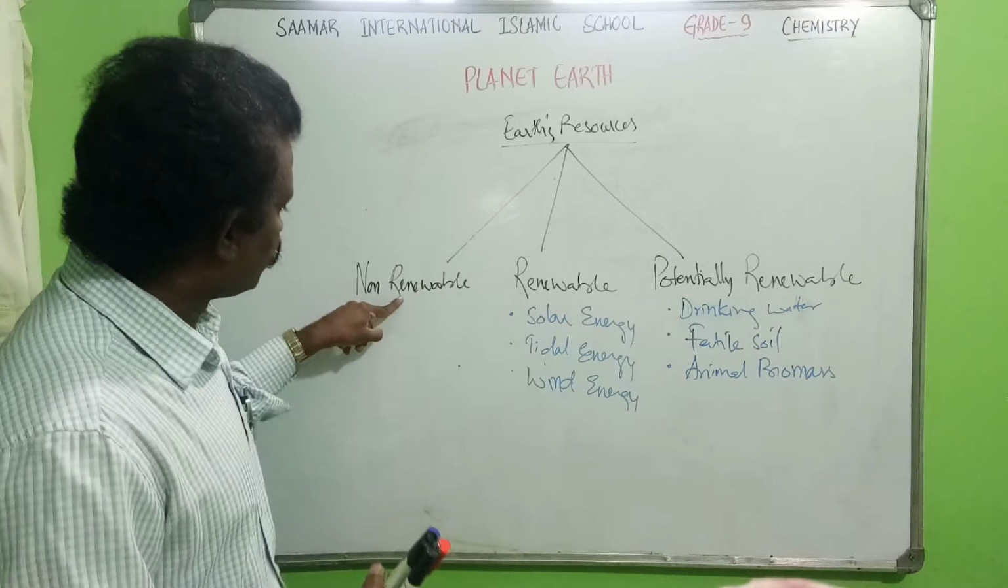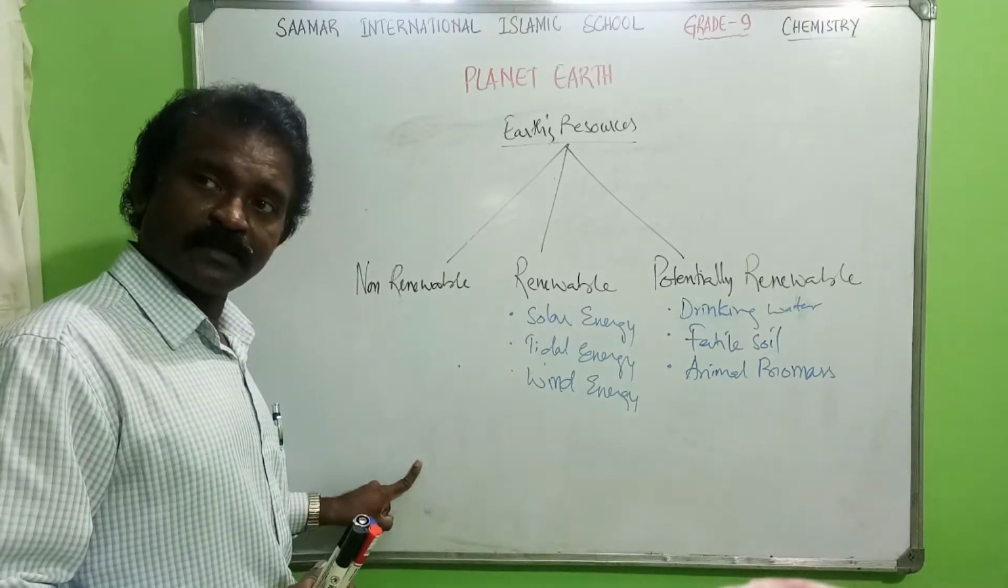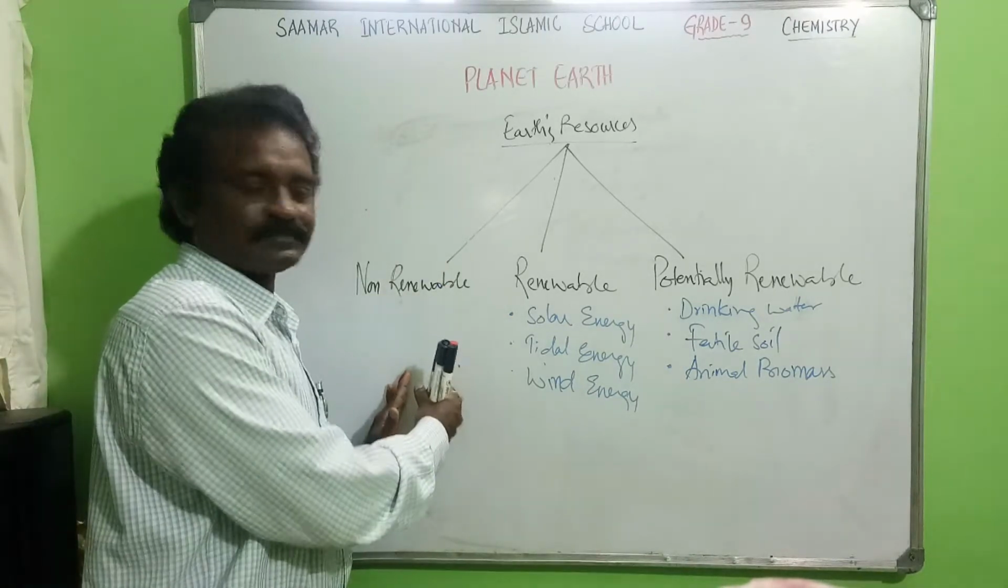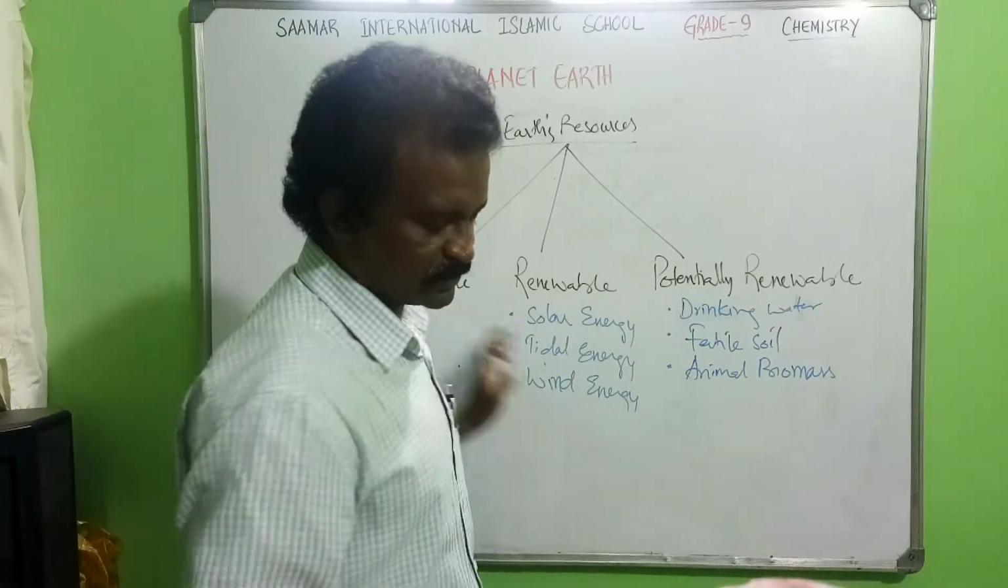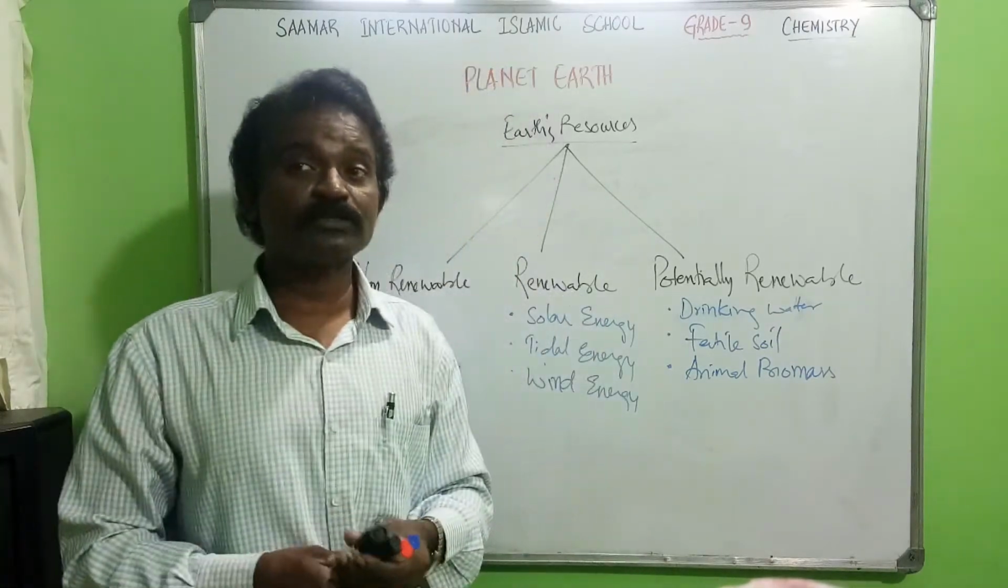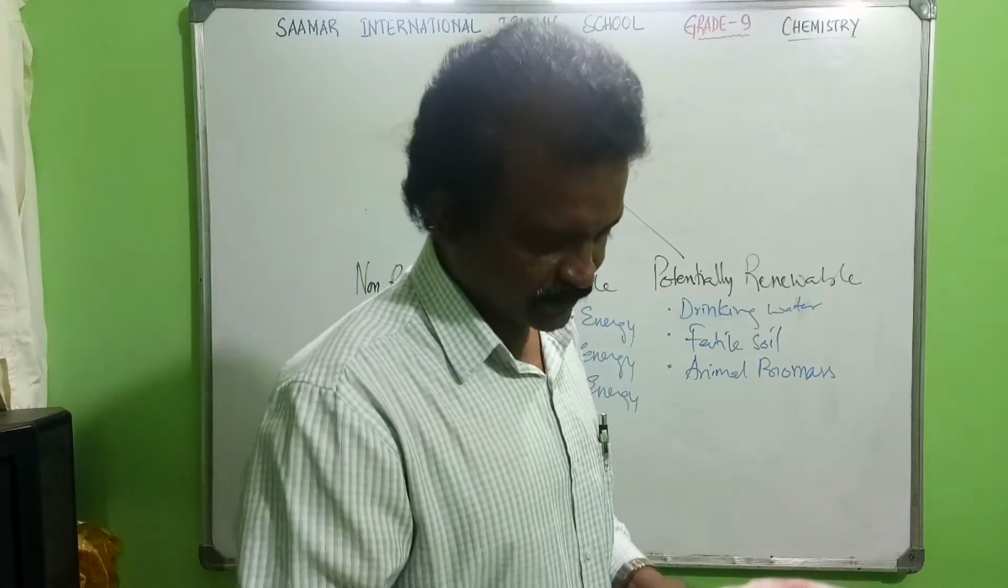That means burning of this causes pollution. That also we can avoid. So when you are using renewable resources, is it clear? So pollution also we can control. Is it clear? So that is the main thing. Now,